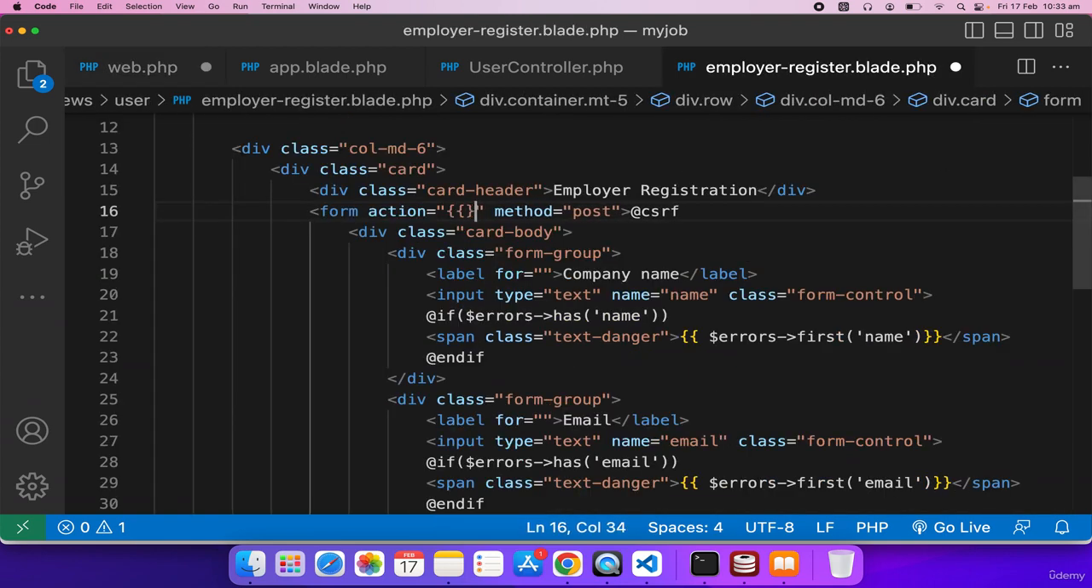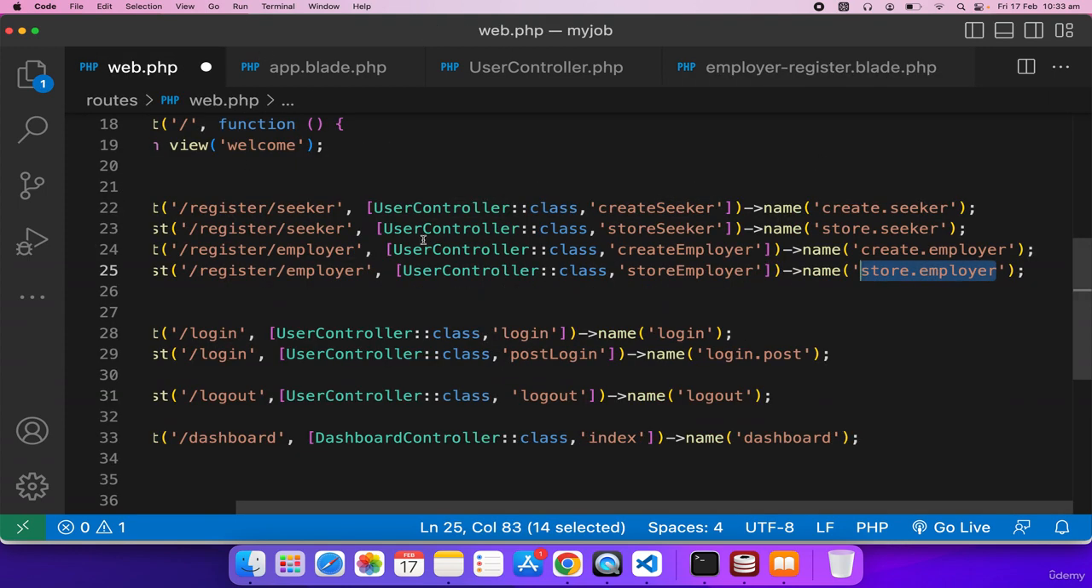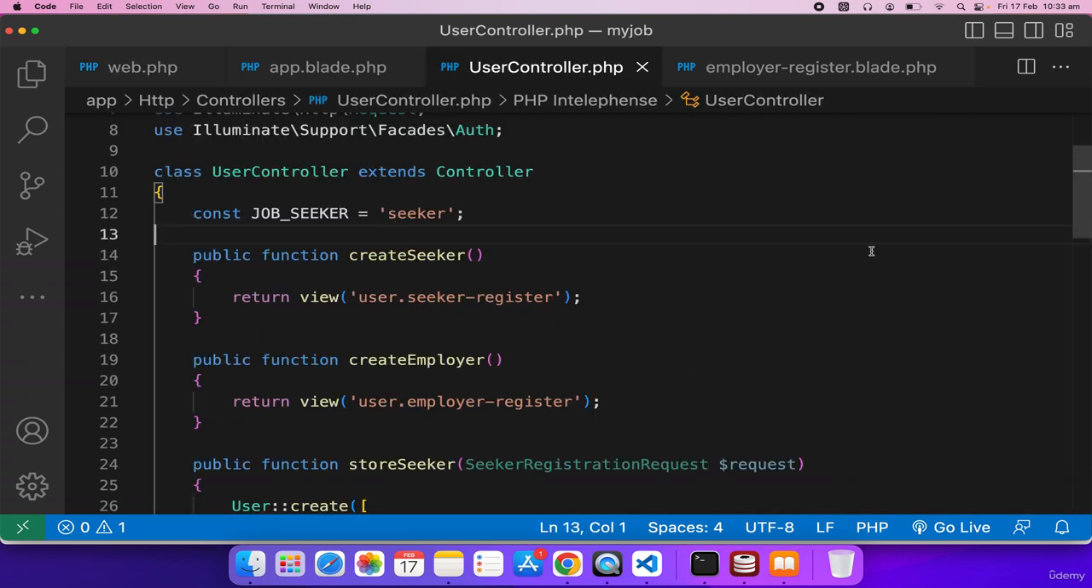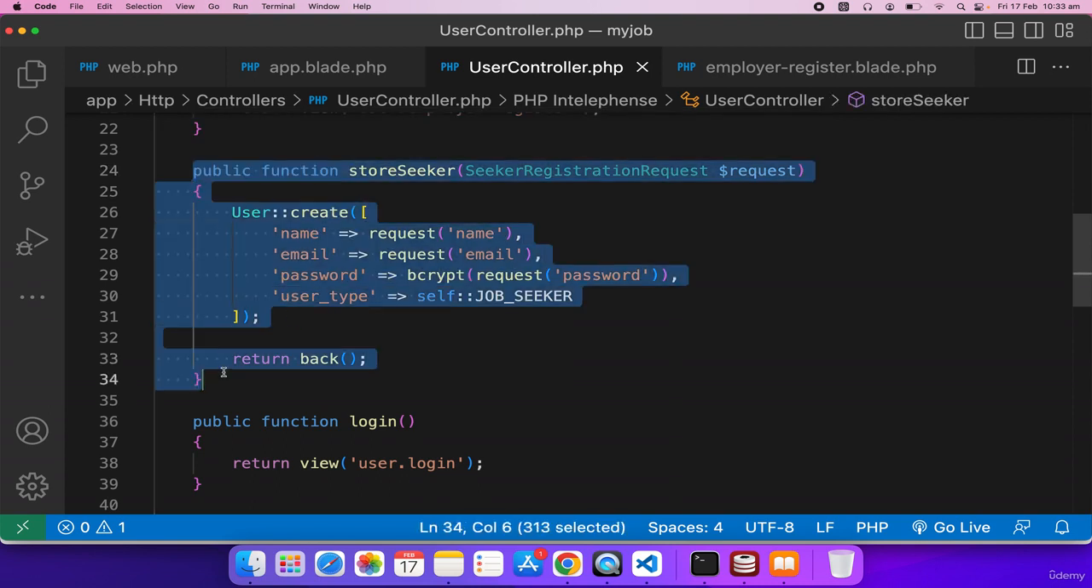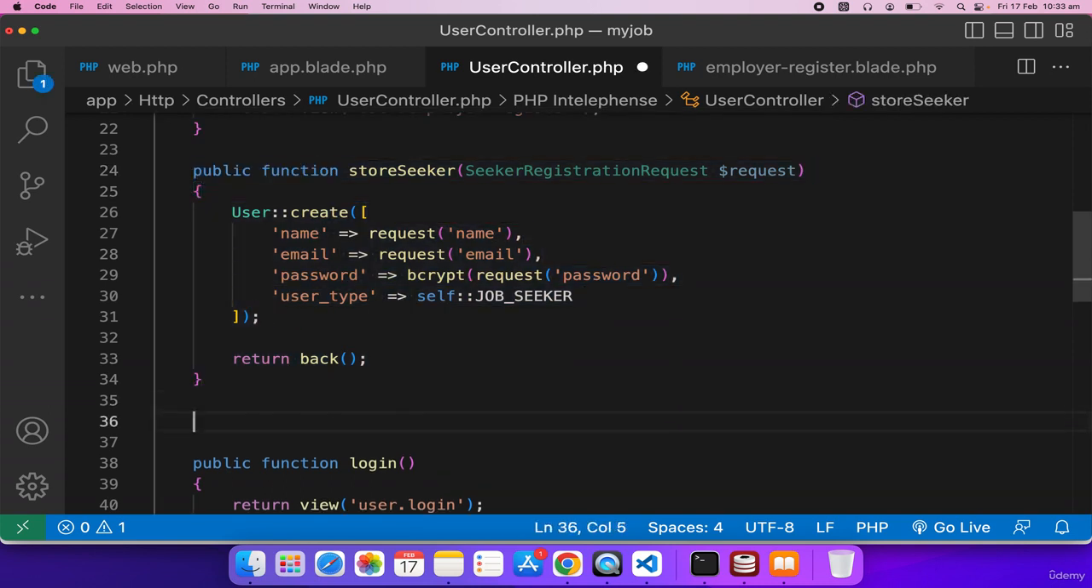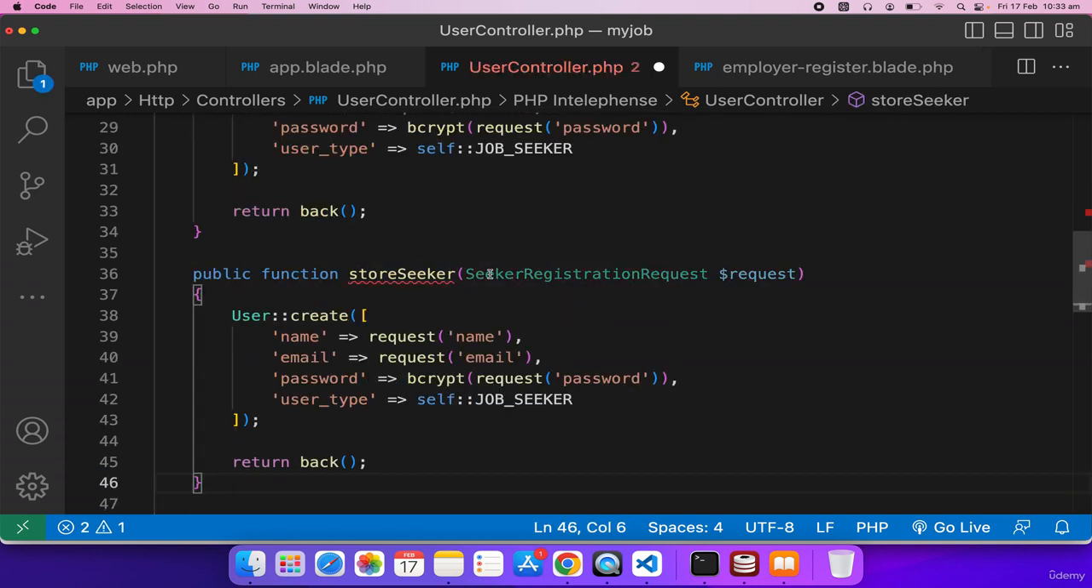we'll just provide it here. Okay, so route and employer registration. Okay, that looks good. And let's copy store employer. Let's go here. We can use the same method here, so we'll duplicate this method and we'll store here. We'll name this store employer,